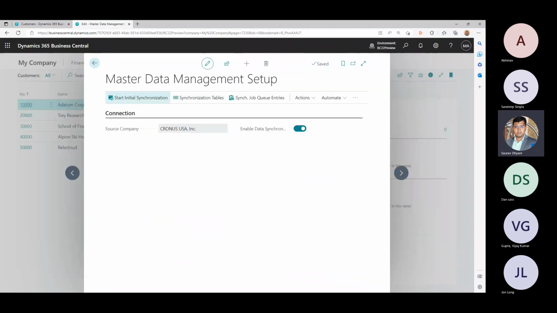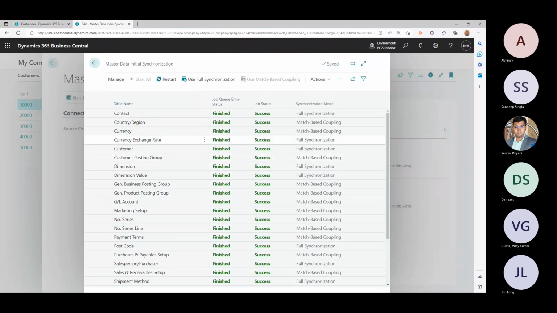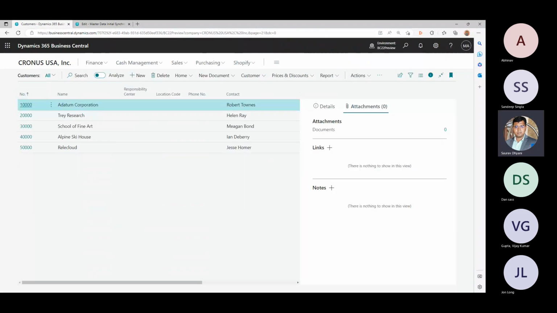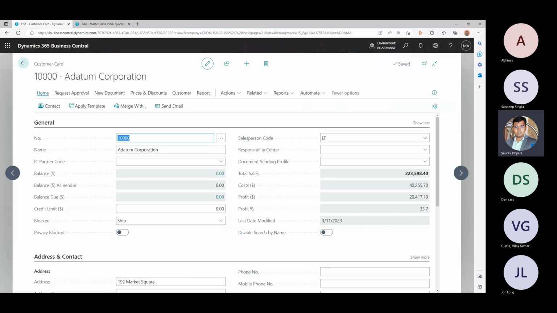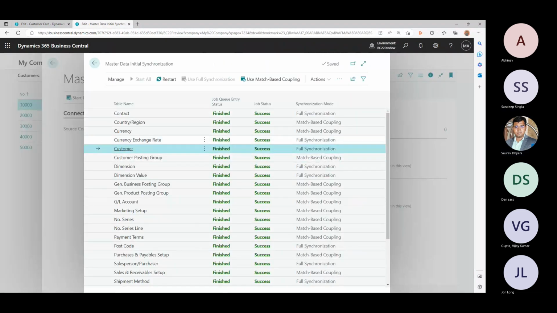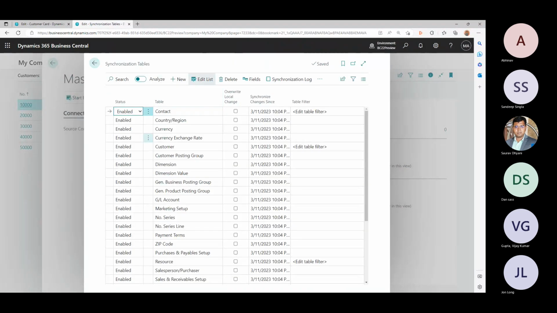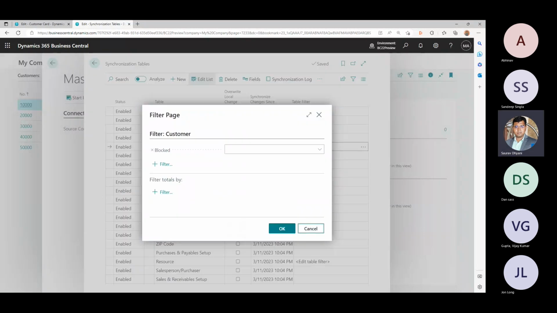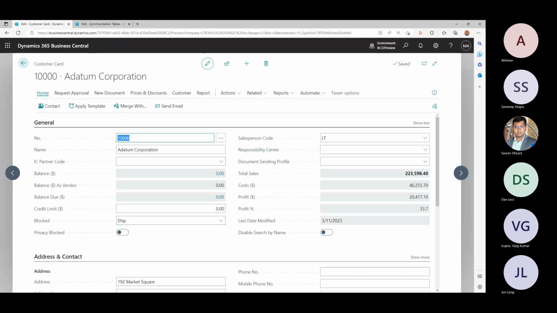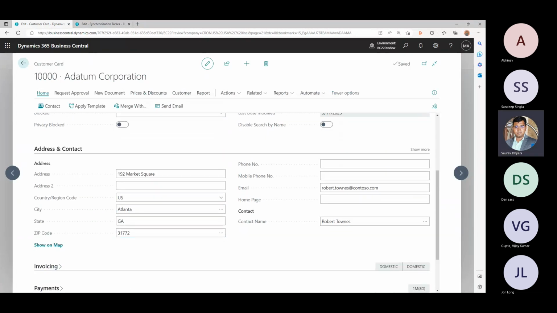The customer table is set how? Full synchronization. Why did it not find a change where I changed the, oh, maybe this block field is not part of it. Maybe I took a wrong example. Let me see. Customer, edit table filter. Oh, the block should be blank. Bad example. Sorry. Okay, block should be blank, and then